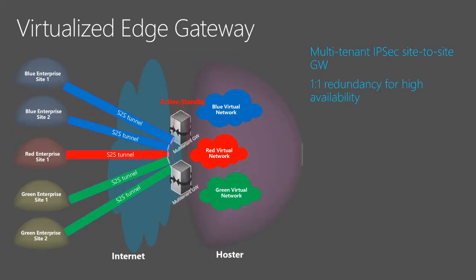The gateway is highly redundant, so we use guest clustering for this and provide 1:1 redundancy. So every active gateway has a hot standby gateway. The hot standby is naturally constantly synchronized with all the IPsec routing and other information from the active. So when the active fails, the standby detects that and comes up. It already has all the configuration, and all that you need to do is re-establish all the site-to-site connections, the